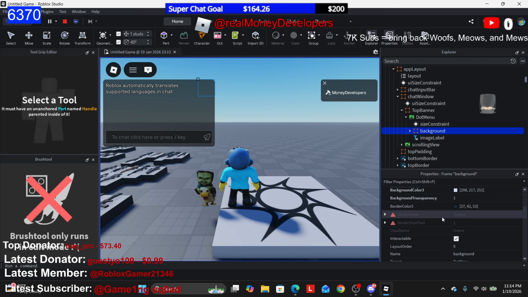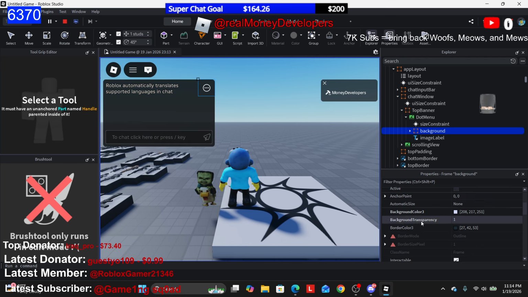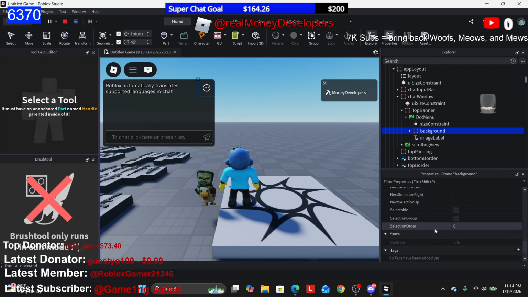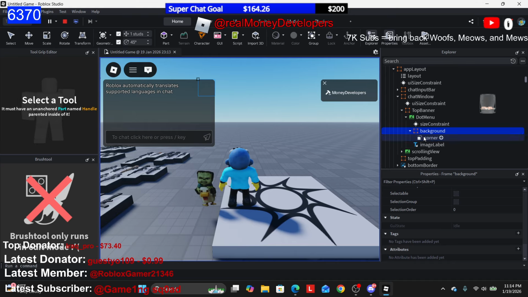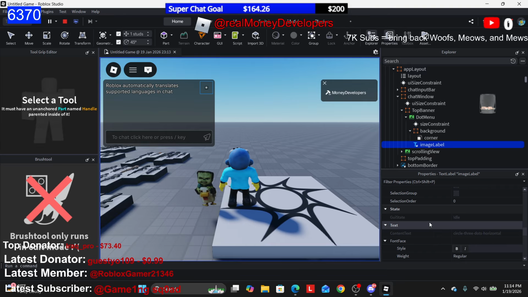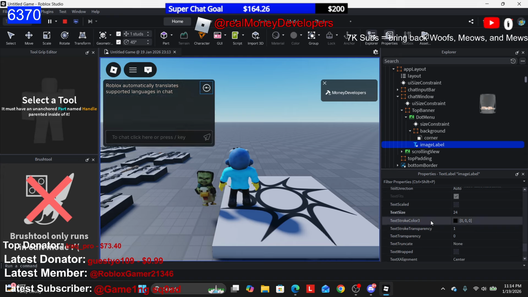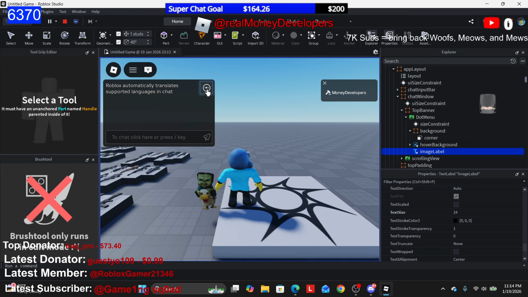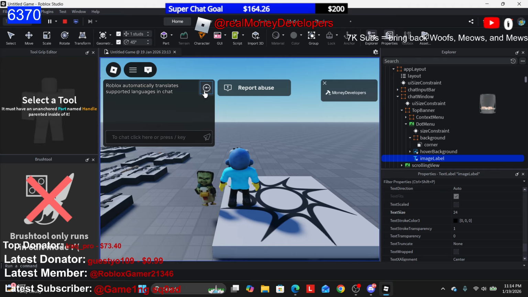Let's see. I'm trying to find the correct. Oh, text transparency is 0. So it sets it to 0. So it goes from 1 to 0. So yeah, and then when you hover background,